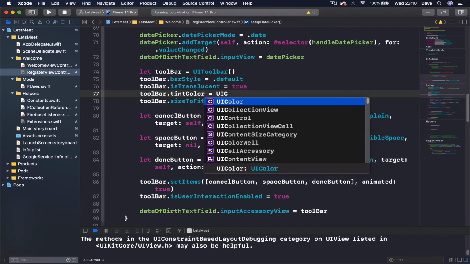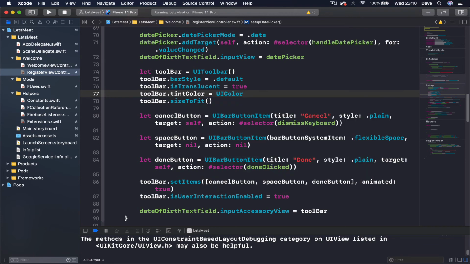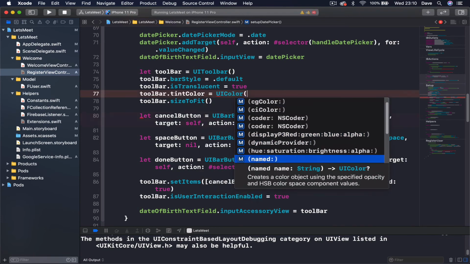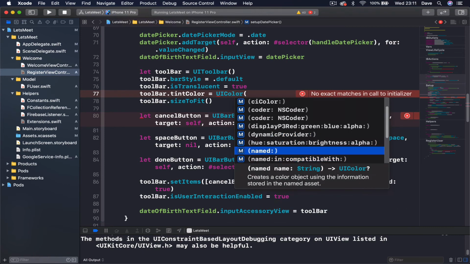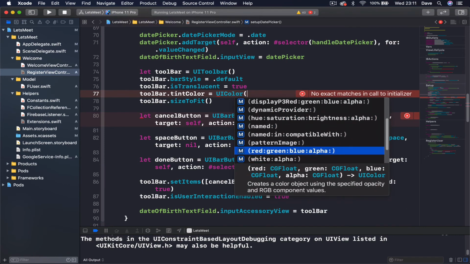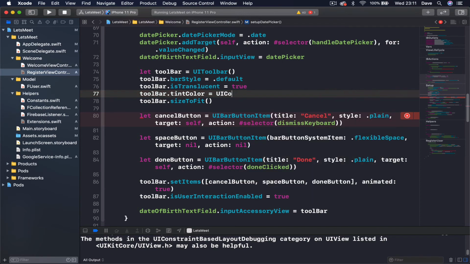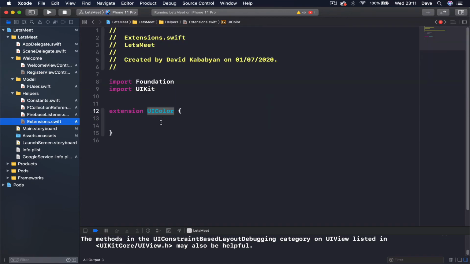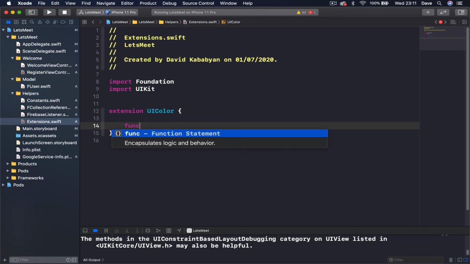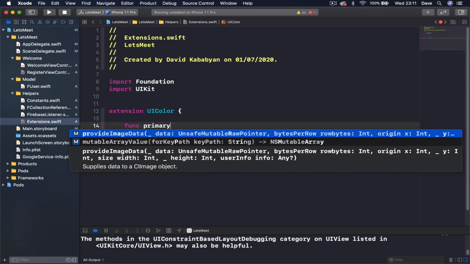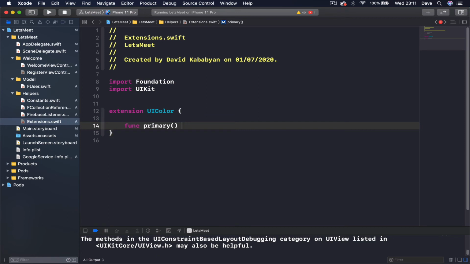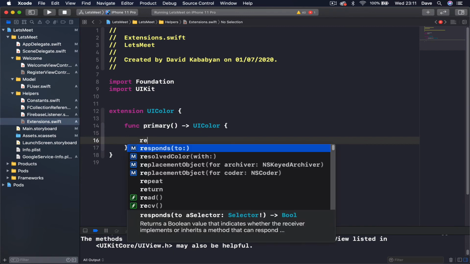Otherwise I would like to say let's UIColor, then we would have to initialize it with different options here like hue, saturation, brightness, or RGBA, etc. So we want to have this default primary color of our application, so I'm going to use that one here, and instead we're going to declare it here, and then we can call it every time we want. So I'm going to say func primary, which is a function, and it needs to return a UIColor, and we're going to just say return